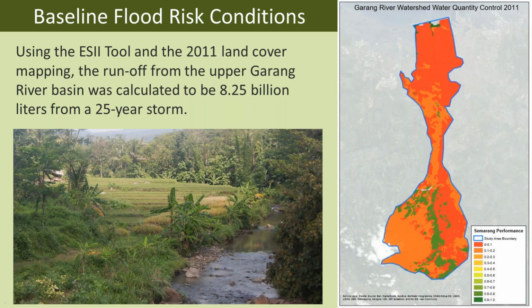So we've used this in a variety of contexts. It was originally intended to be a site level tool, and by site level, we didn't really bound or define how big an area that could be, but it's an area where you can do data collection in the amount of time that you have available for data collection. But we recently also started looking at different ways we could expand the application of the tool and use it more at a watershed scale. So this is a project that we just finished in Java, where we're doing a watershed characterization to help them with flood risk